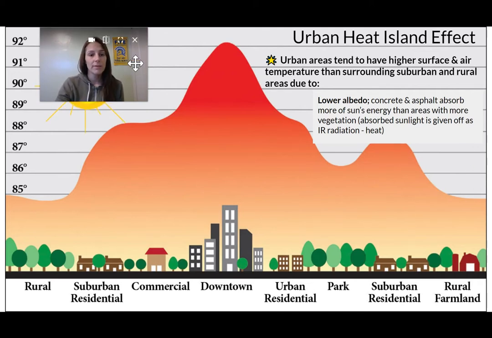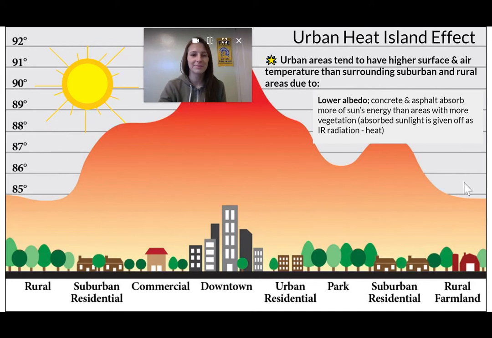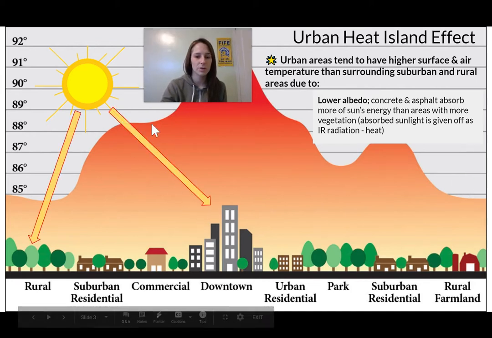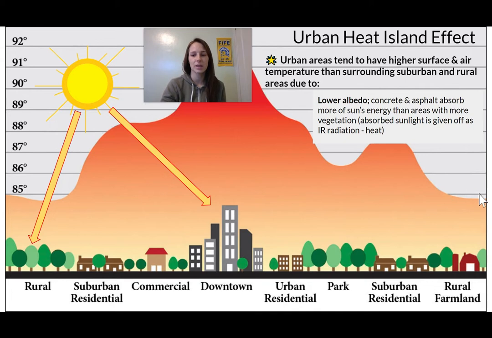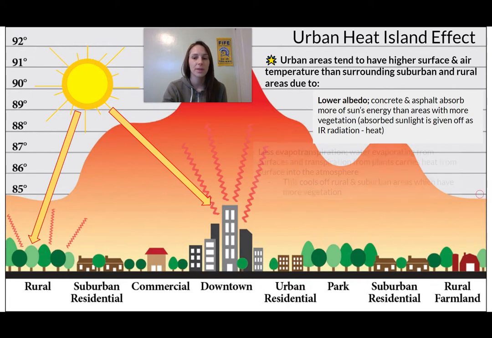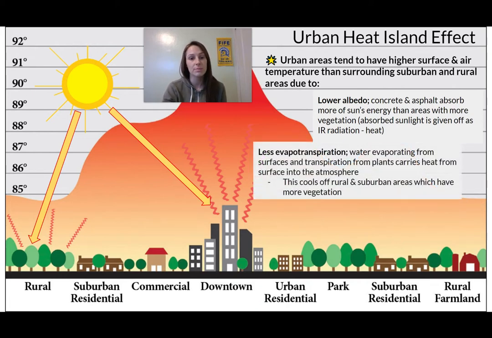So what we're going to have here is the sunshine, and it's going to be coming and hitting urban areas and rural areas. Now, this is going to lead to that heat that's going to be reflected. Now, another thing that comes into play is this